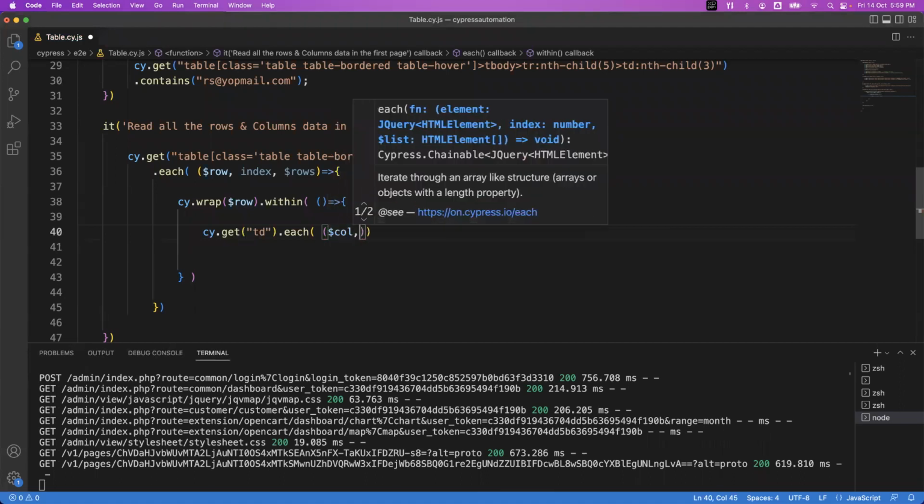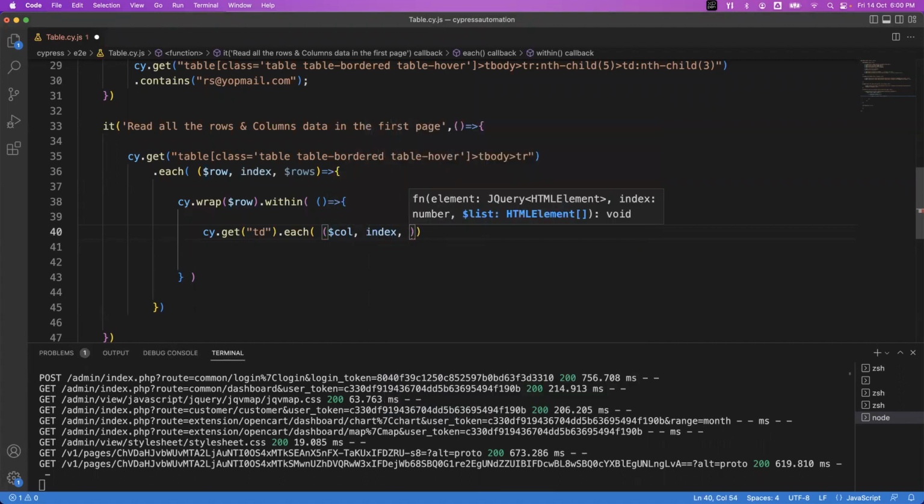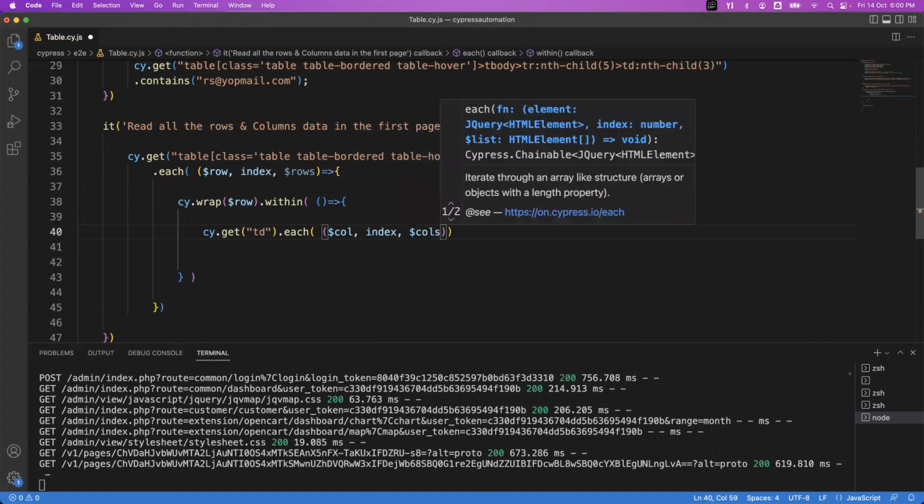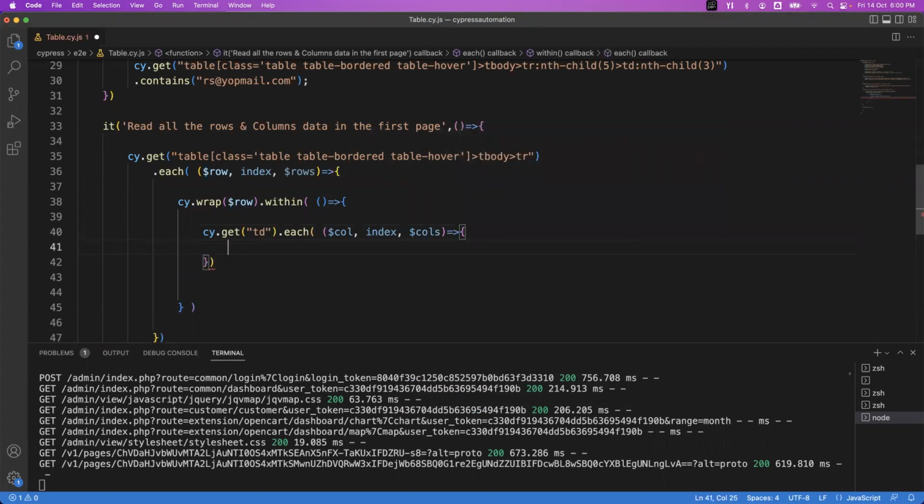Dollar colon, index, and dollar, again, calls. And this particular function we need to implement. Again, arrow function. So here we need to get the actual columns from that specific row. Let me repeat once again. So first we need to capture all the rows, and we need to read each and every row from the table. For that, we have to write one each block where we have to specify 3 parameters, which will capture